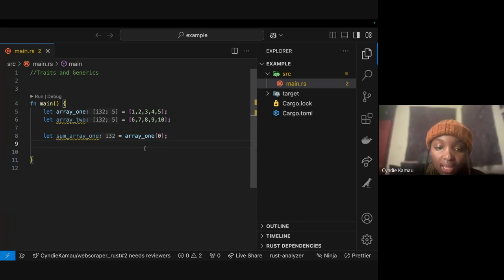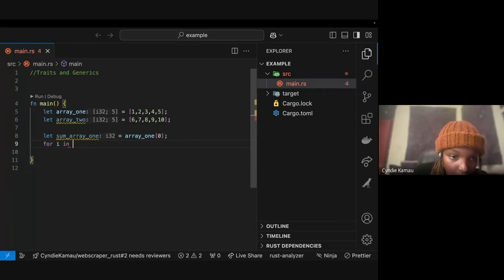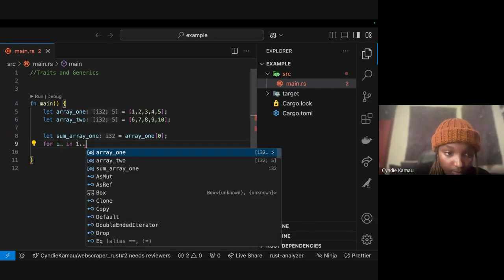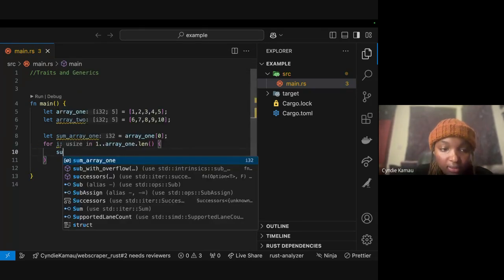I will have to jump through all these digits inside my array and then count them, right? So I'll have to jump through 1, 2, 3, 4, 5, like that. To do that, I'll have to say for i in. So what I'm saying is, for every digit in the entire length of my array, what do I want to do? I want to add, right? So I will just say sum array 1.